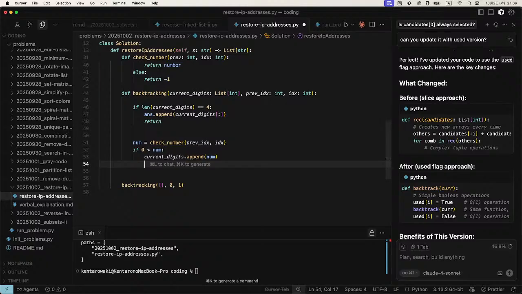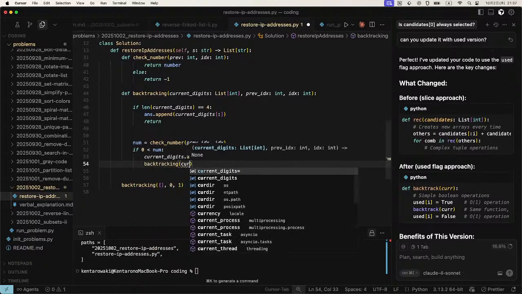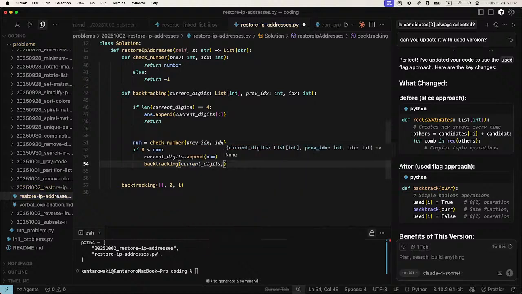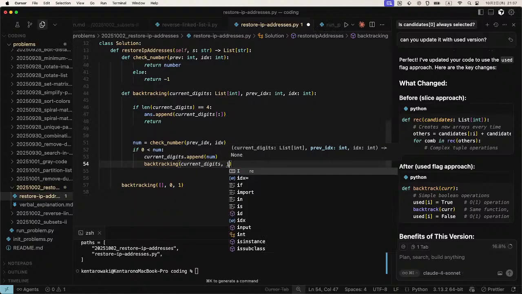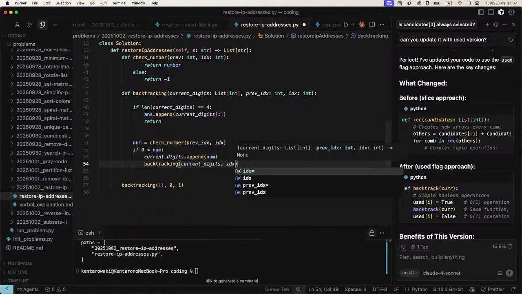And backtracking gives the current digits, and the previous index is going to be the index, and the next index,